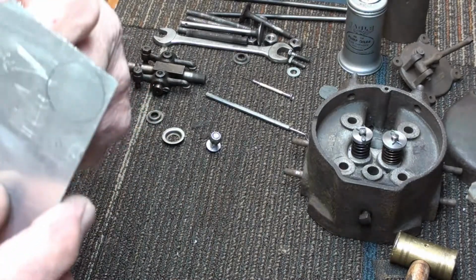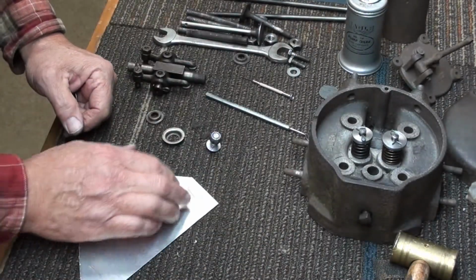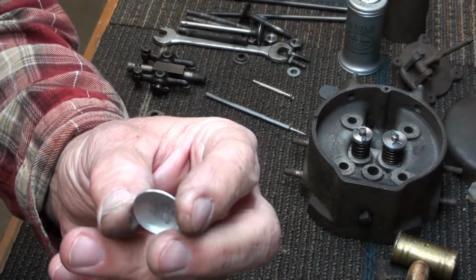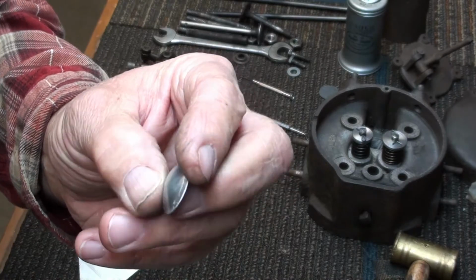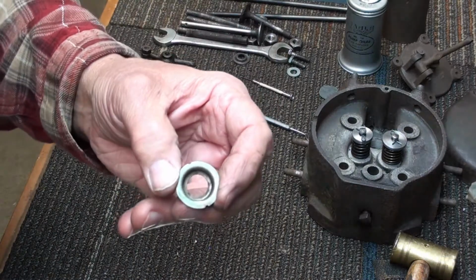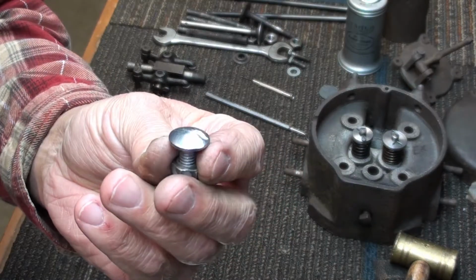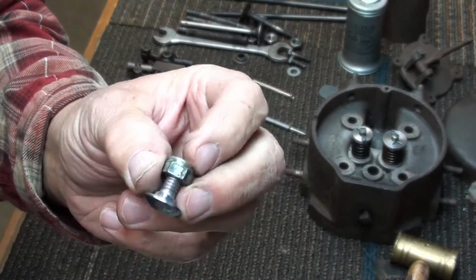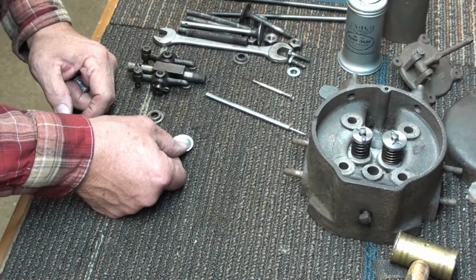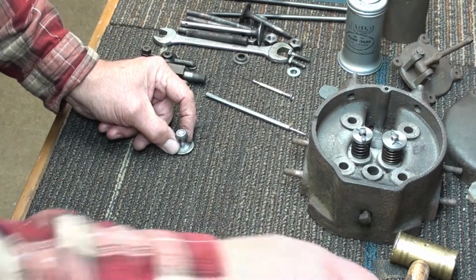I don't know if you can see that or not. I go over and cut that out on the bandsaw, then put it on the sander and sanded right down to the line. I ended up with a disc like this, and I've already cupped this one, and you have to cup it like that. So I found another old valve keeper top here that was about the right size, and I went and got a carriage bolt, about like that. Put a nut on it so I wouldn't batter the end of it. And I can set that little piece of aluminum in there and set that carriage bolt down on there, that concave head, and tap it,